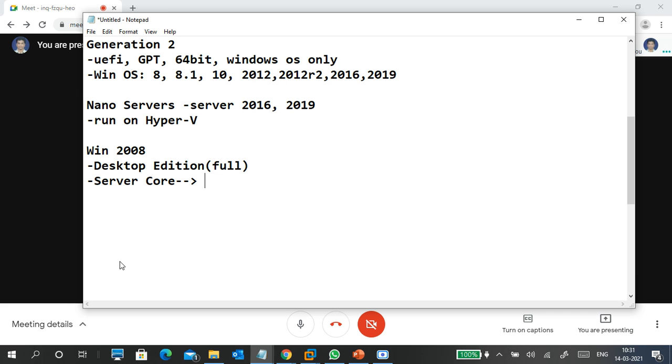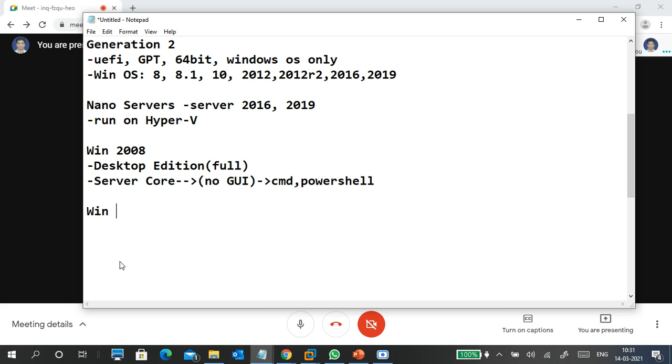Server Core doesn't have a GUI, no GUI. So we have to manage Server Core with CMD only, and next is PowerShell. If you know PowerShell, then you can use PowerShell there. CMD and PowerShell.